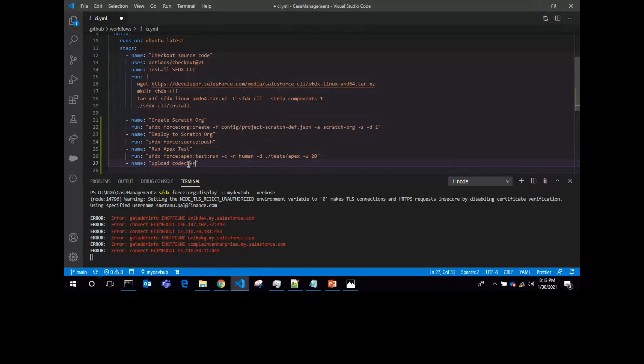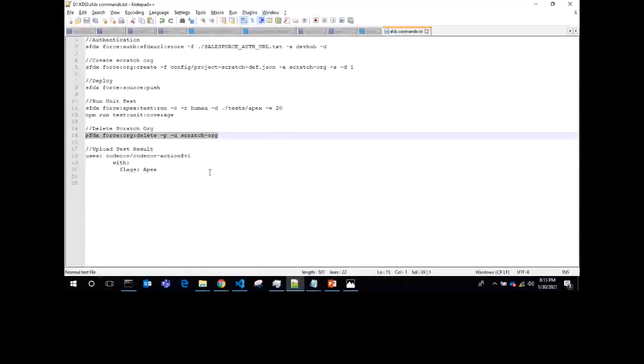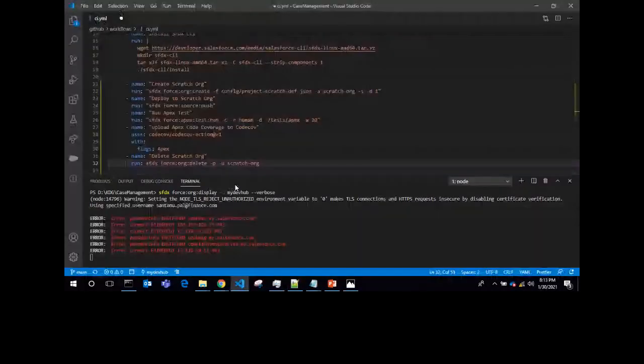Now after the end of the process, we need to delete our scratch org. So let's say, delete scratch org, run. Then I need to click on that.